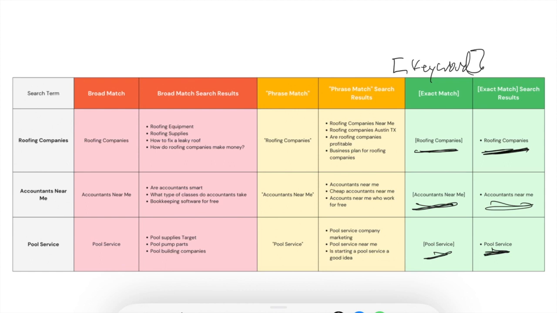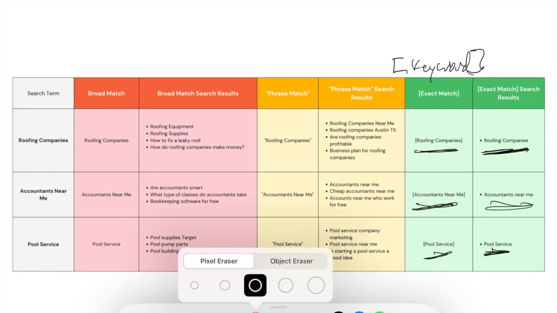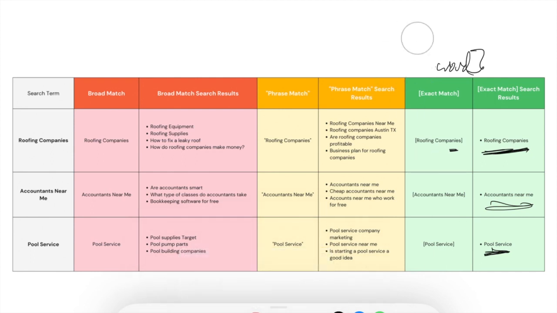Okay, Google does sometimes show other keywords even in an exact match. Okay, so you want to just really keep an eye on these campaigns, especially when you start. So if I'm going to erase this, that gives you an idea of all the different types of keywords, match types. Now let's say